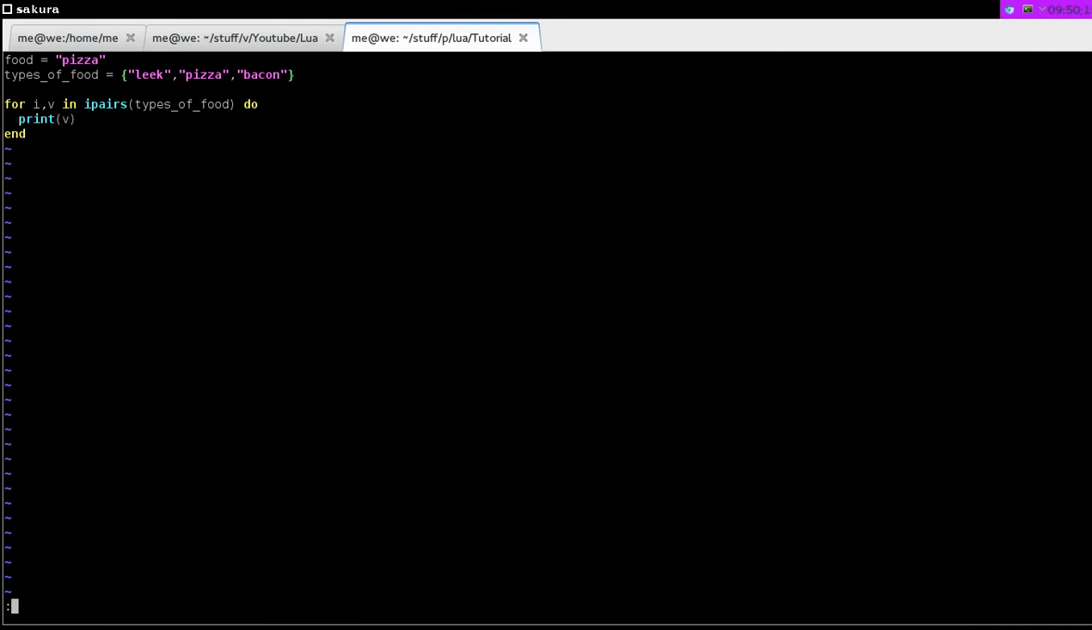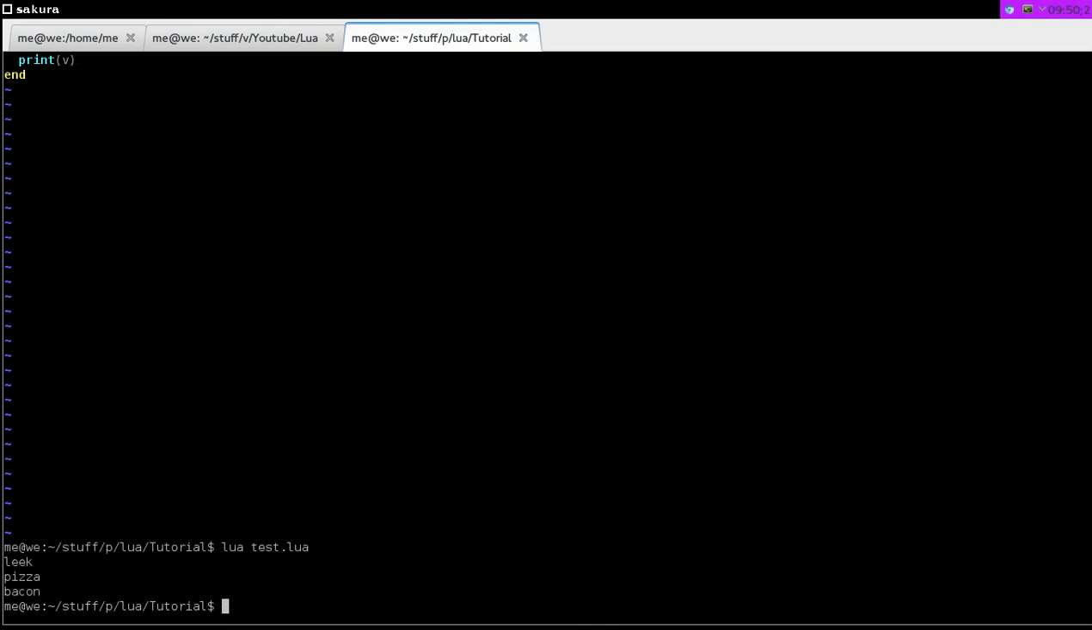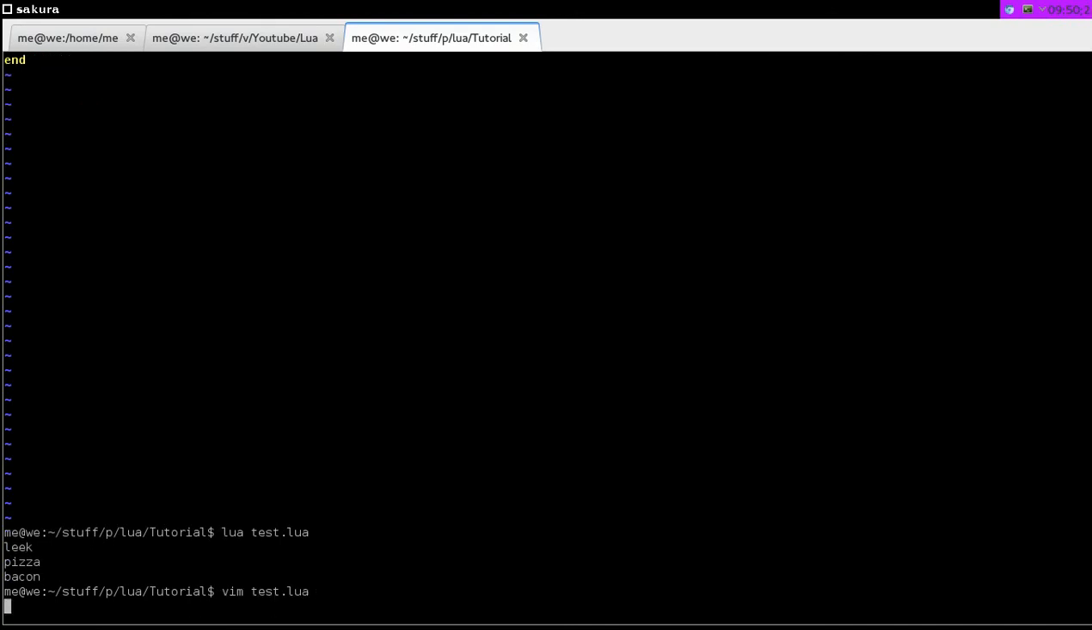So let's see how this works. It says Leek, Pizza, Bacon. It scrolls through every one of the only foods which